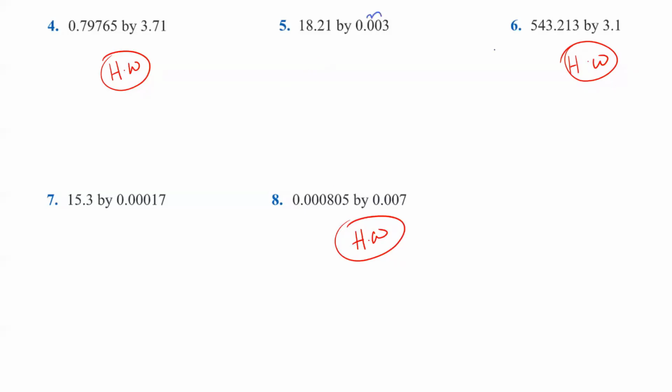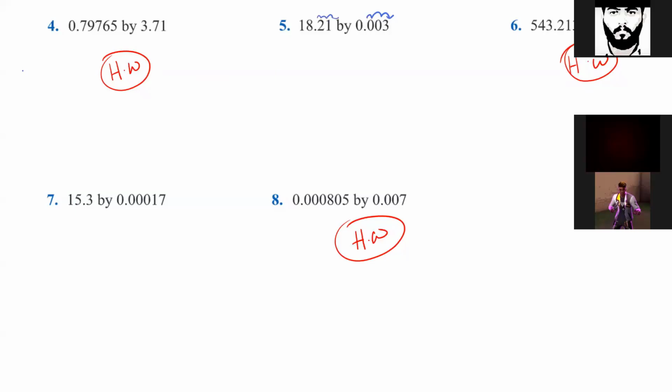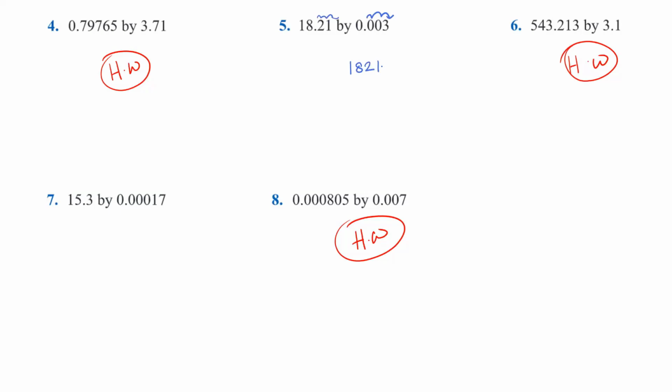So here I should shift it 3 times. Here also 3 times. Then after 1 there is nothing, so I should put a 0 there. So what will you get? 18210. I shifted 3 times towards the right, that is what you get. Yes or no? 18210.